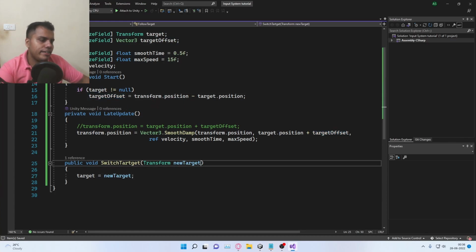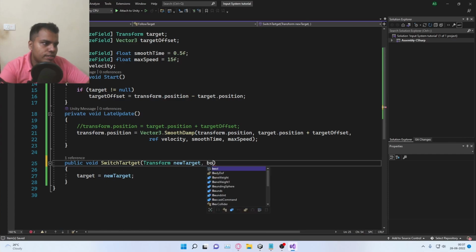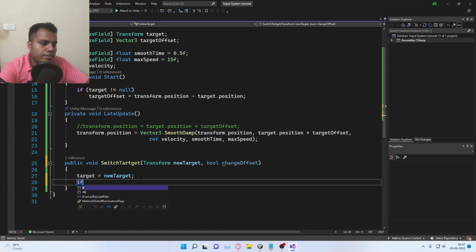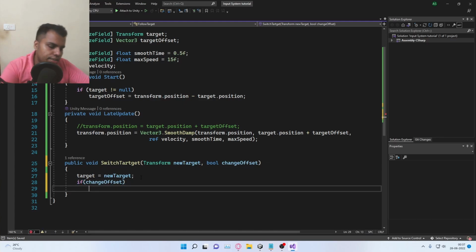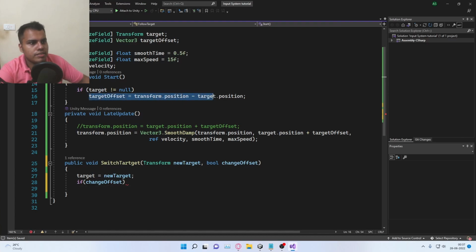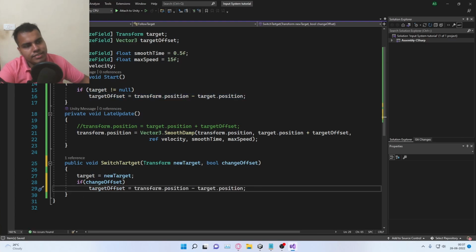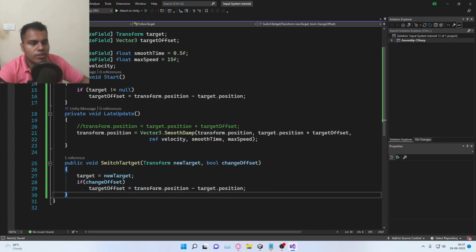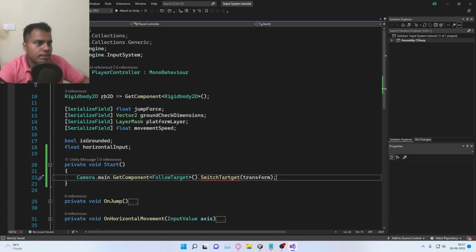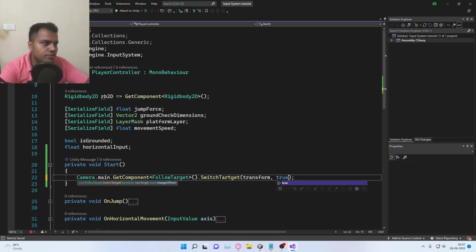So we'll provide another argument. We'll say bool, we'll call it change offset, and we'll say if change offset is true, then we'll just copy this code and reset the offset again. If you're using this line of code for the third time, then it's better to create a simple local function. And now inside the player controller, we'll need to provide another argument which is going to be true because we need to set